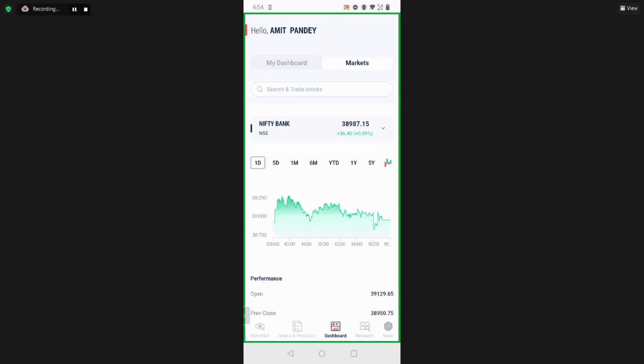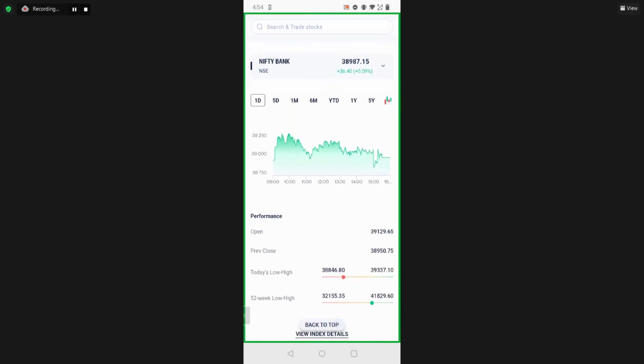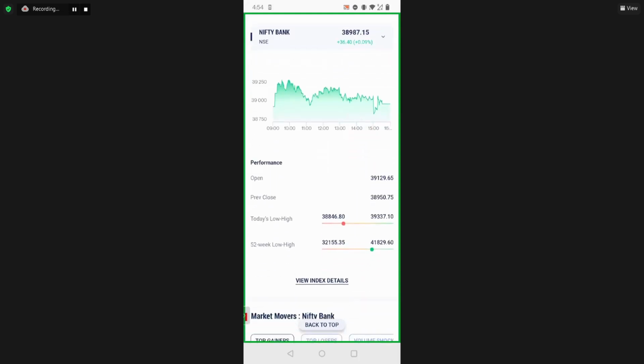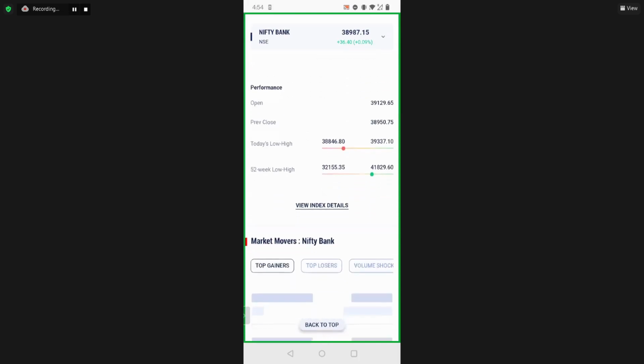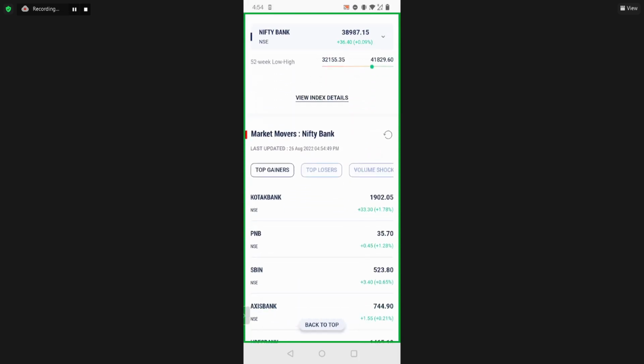And I have an option of selecting a different indice. Whatever indice I select on that page, the details of those indices will be seen here. Earlier it was Nifty 50, the graph, performance, all these details were of Nifty 50, but because now I selected Nifty Bank, it's of Nifty Bank. The charts, open, high, low, close are of Nifty Bank. And if I keep scrolling,